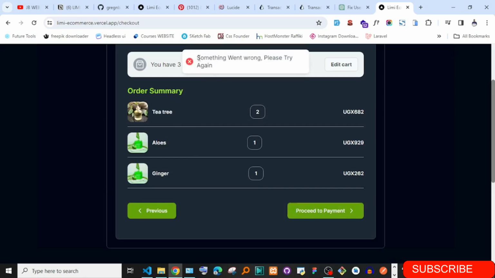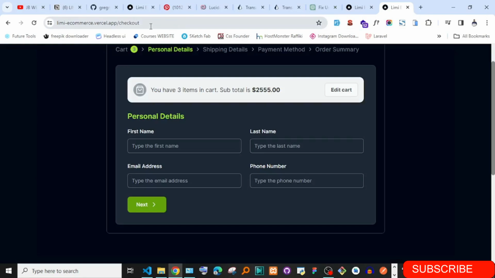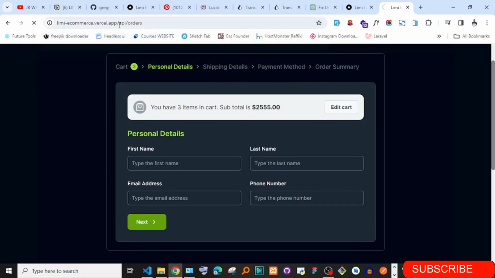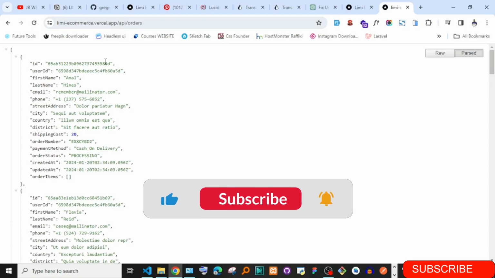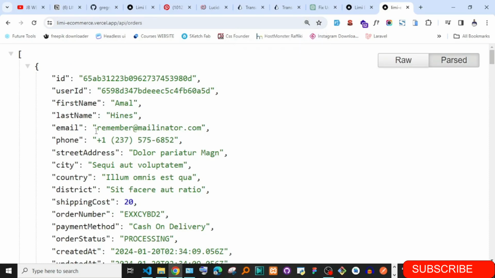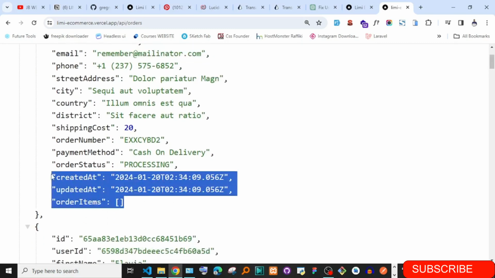and you can see it is saying something went wrong, meaning that this process has not been successful for some reason. I don't know why. Up to this point, I'm not sure why. Now if you go and check, let me duplicate this, let's go and check out the orders. So API orders. If you check on the API orders, I want you to see that the order was actually created. The order was successful. Look at the email, remember at this. So the order was created, and unfortunately if you check in the order items, they are not there,